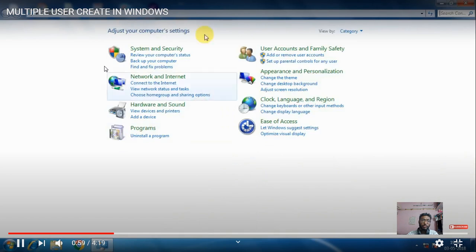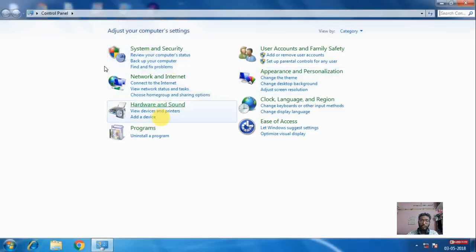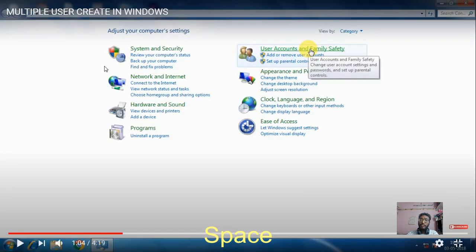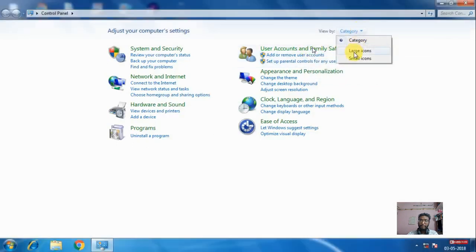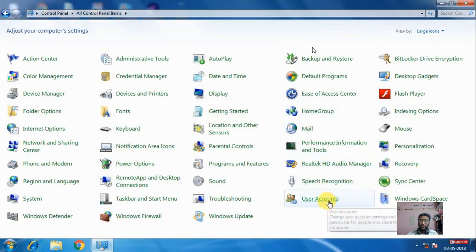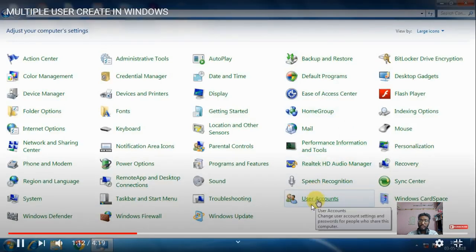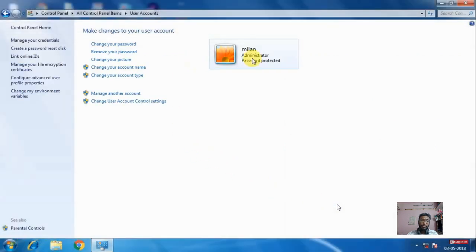Now he has gone to control panel, and in control panel you can see user accounts and family safety. Can you see this one? He has changed the icons. Okay, now you can see user accounts. The same thing can be used in your mobile phone also, which I will show you afterwards.